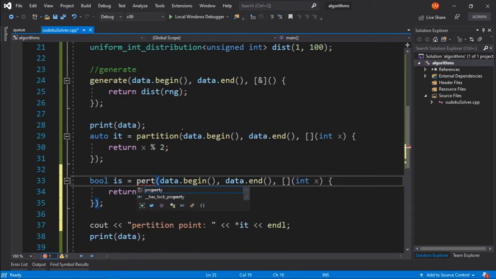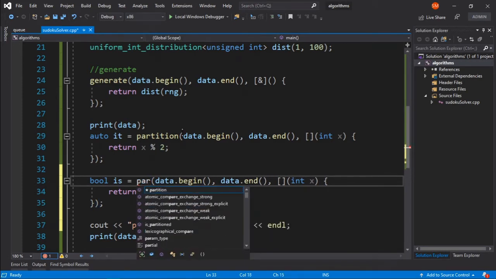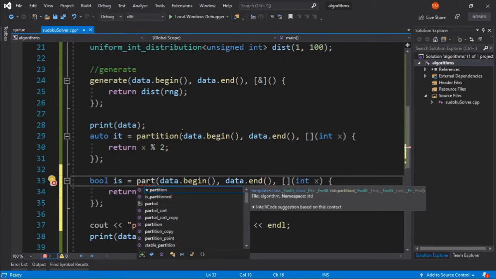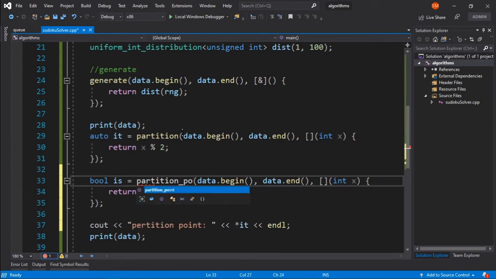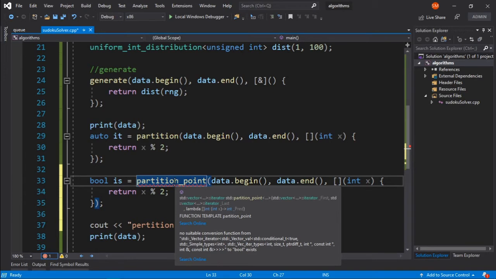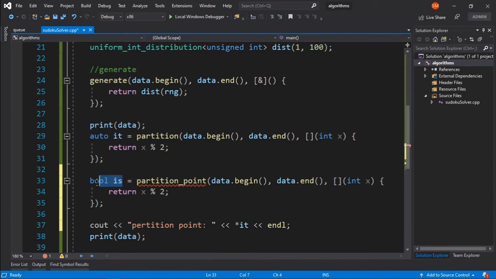And also you can get the partition point, or this iterator, by simply calling the function partition point if the data is already partitioned. Sorry, I am typing PER, but it will be PAR. So I will say partition point, and this function gives us the point of the partition, okay. Now like other functions, it takes the same kinds of arguments, but the difference is that this time it returns an iterator.